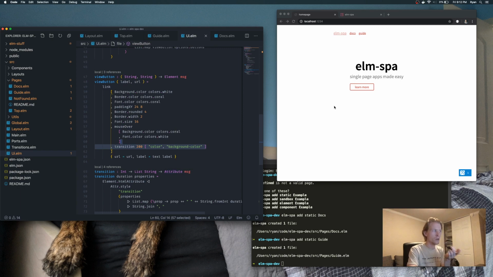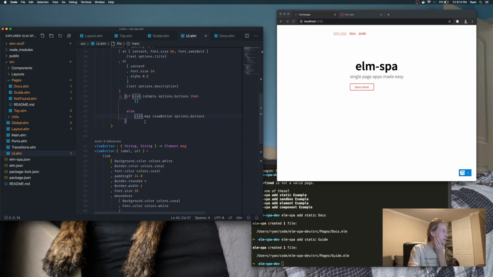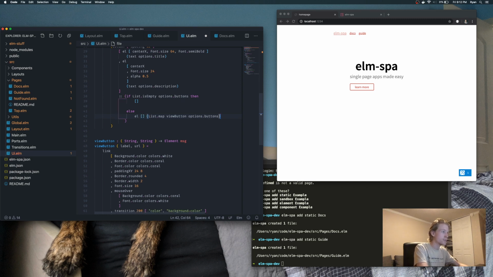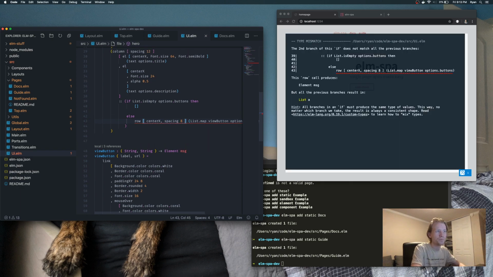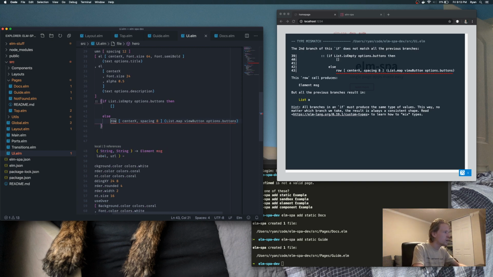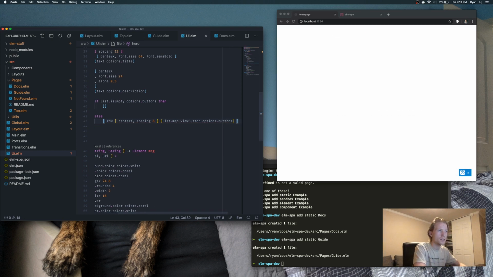Cool. You might notice one thing. This thing isn't centered. So how do we center something with elm-UI? We just center it. It's that easy. So I want my buttons to be lined out, and if I give multiple, let's say I just want them to be separated by 8. This is yelling at me because I'm not a clever man. Oh, that's right. I have to put all this inside of a list